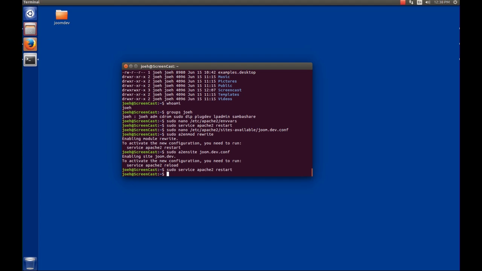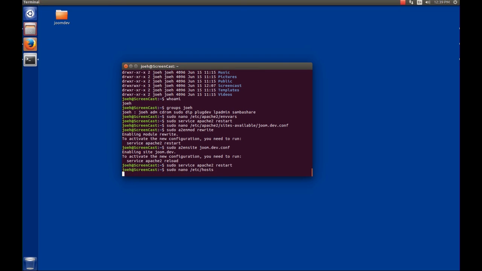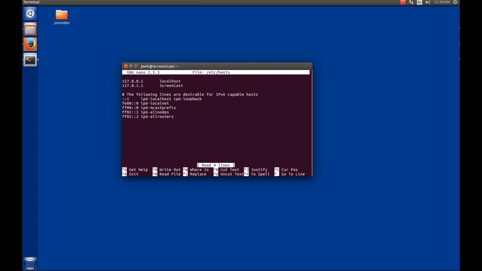So the next thing that we need to do is, if we had DNS mapping for our domain, we would use DNS, but because we're keeping everything local on this machine, we have to figure out a way to let the machine know what address joom.dev is. So in order to do that, we're going to edit the hosts file. So we're going to sudo nano, and the hosts file is located in /etc/hosts. Okay, and when we open this up, we're just going to add a line. What's the IP address of joom.dev? Well, it's going to be localhost, right? It's the same machine, so we're going to put